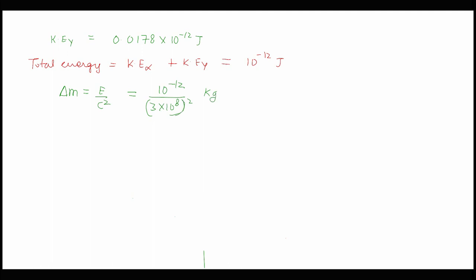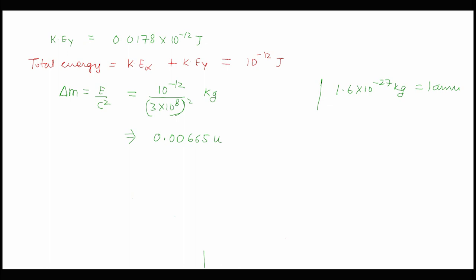And we can convert this kg into AMU by using this simple expression: 1.6 × 10^-27 kg is equal to 1 AMU. So we can do the necessary conversion and convert the kg into AMU. Over here we obtain the value equal to 0.00665 U. So this is the value in AMU that we obtain.